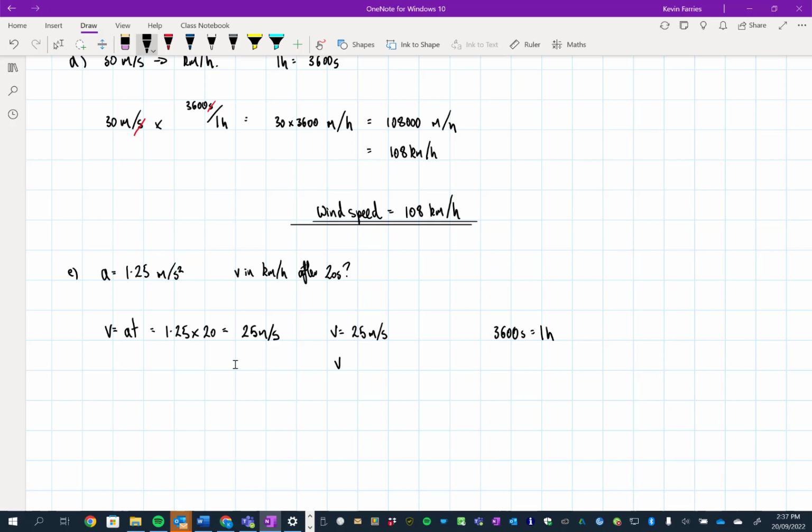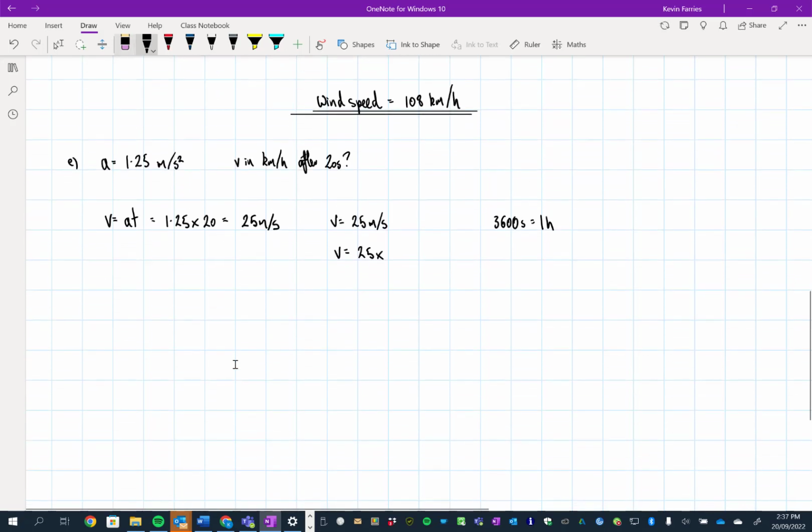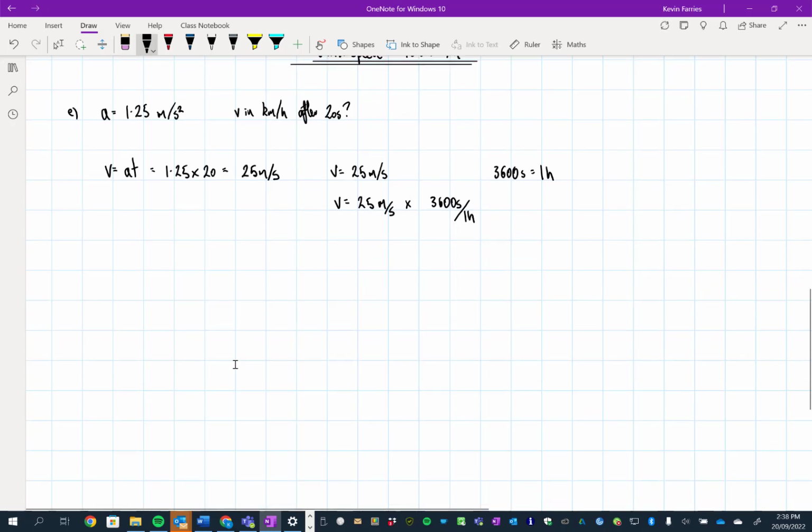So therefore, v is equal to 25, keep the units in because that's what we're doing, we're messing around with units, meters per second times, so we want to get rid of those seconds and get hours, so we put the 3,600 seconds on the top, so those cancel out, and divided by the hour underneath, which is equal to